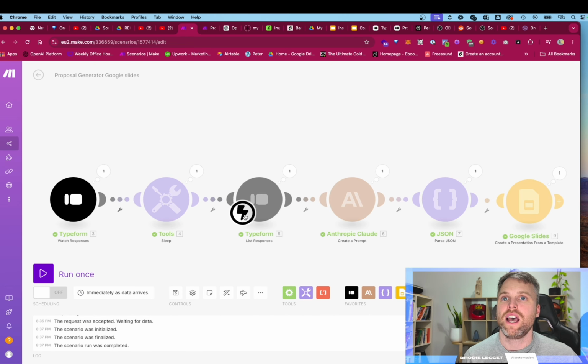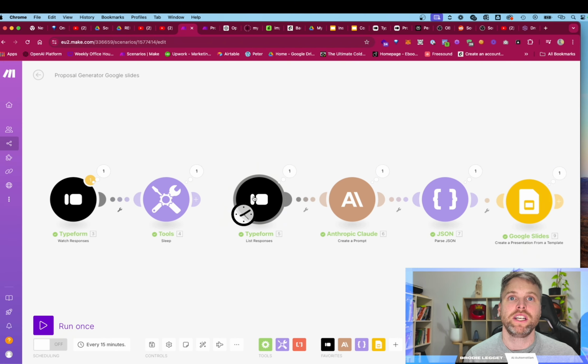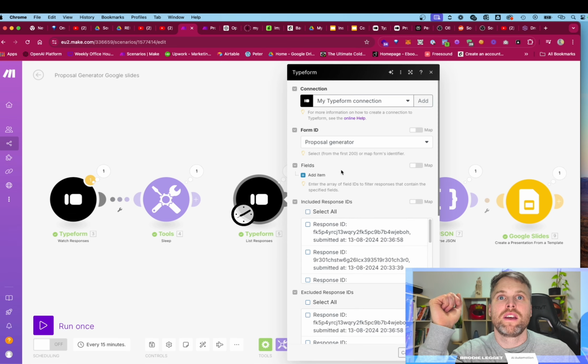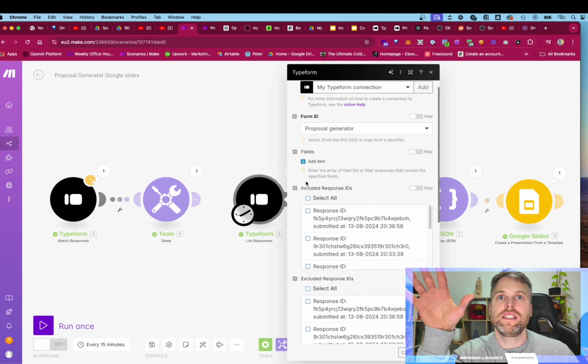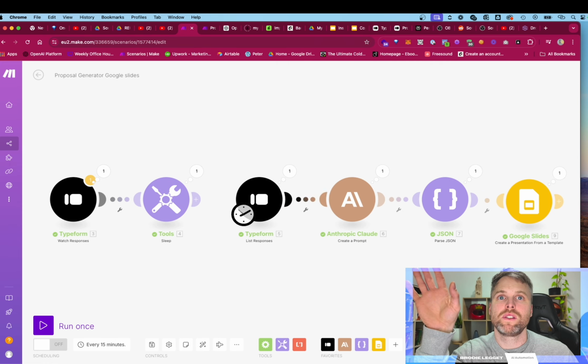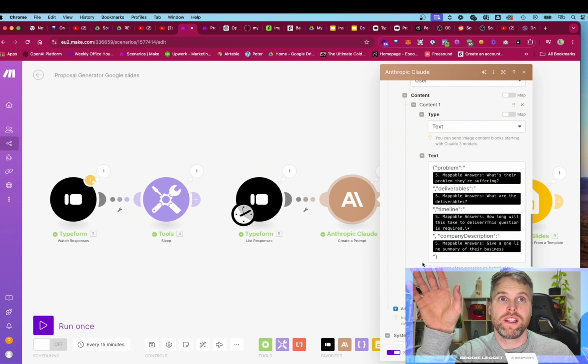Now that this is connected, I don't need that anymore, so I can unlink that and put this over here to start the automation. That now will just sit there as it is, and you can fill in that form as many times as you like, and hopefully a lot, so you can sell a lot of product or services. So now that that Typeform is filled in, let's go over how it's all set up. Once you connect this, you've list responses. You can go through and see I haven't pressed anything here. Use these same details. Claude we've already gone over, but now we're going to just connect to those parts that we need. The problem,